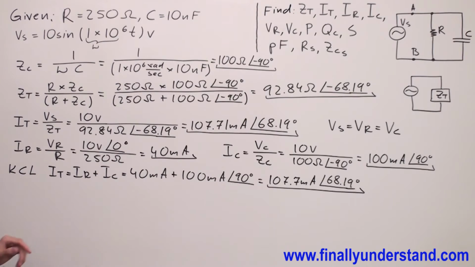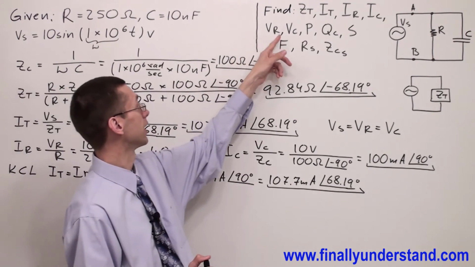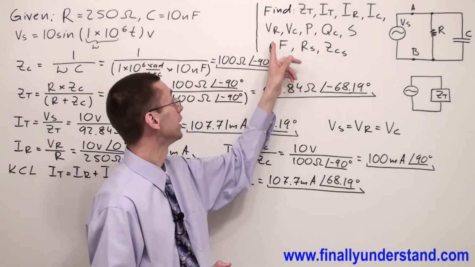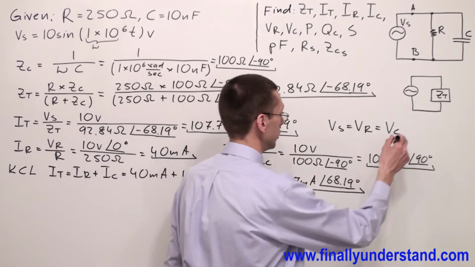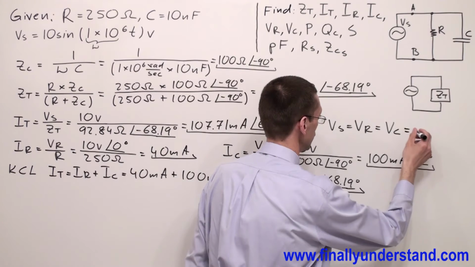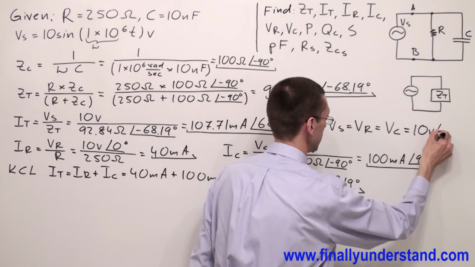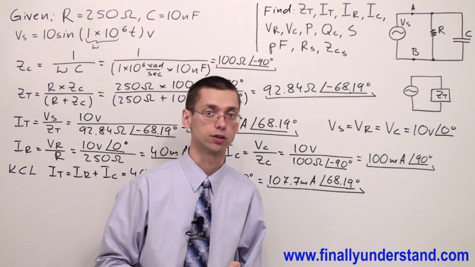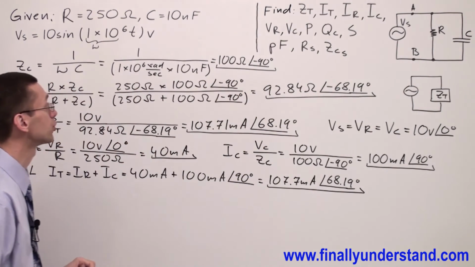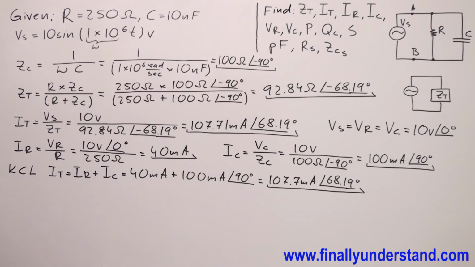Next, the problem is asking me to find VR and VC. We said already that VR and VC are equal to the voltage source. So these voltages are equal to 10 volts at an angle of 0 degrees, because this is a parallel circuit. Next, we're supposed to find the true power, P. Okay, so P is equal